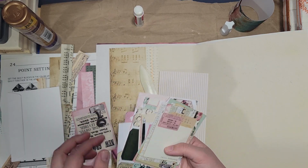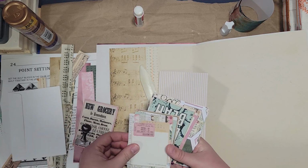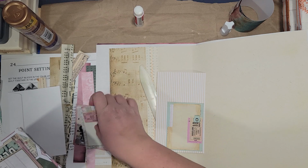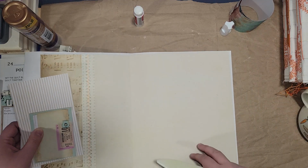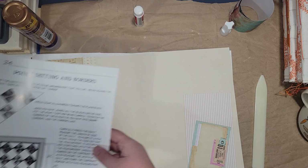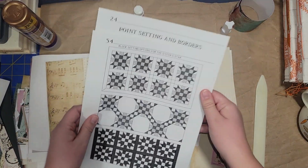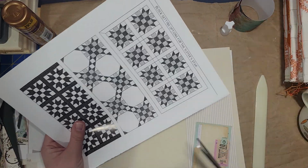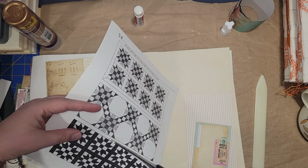So I will need to add something. Maybe I can use one of these. I could do a layered pocket even. I like that. And then I could pull these out. I know one of them, that's the one. One of them had really pretty patterns on the back. And I think if I want the darker one, if I cut that,